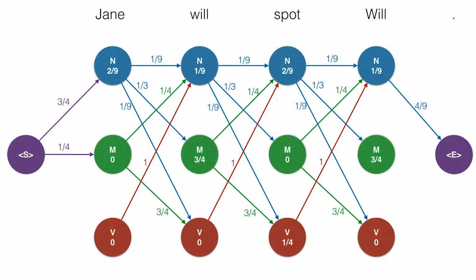Recall that on each node we have the emission probability, so that's the probability that the particular part of speech generated the word above. And on the edges we have the transition probabilities, which are the probability that we get from one state to the next one. For clarity, we've removed the edges that have probability 0, but we still consider them. And now the idea is that for each state or dot in this diagram, we'll record the maximum probability of all the paths that end in that dot and generate the words that are above.